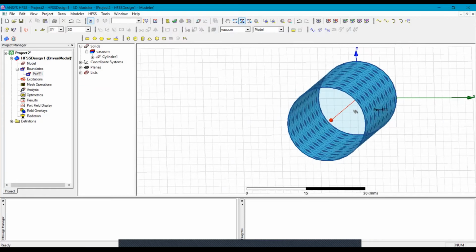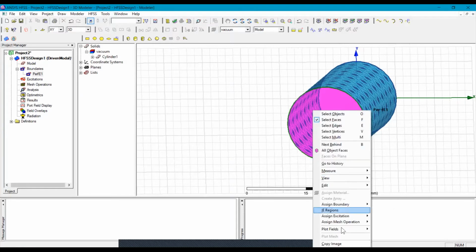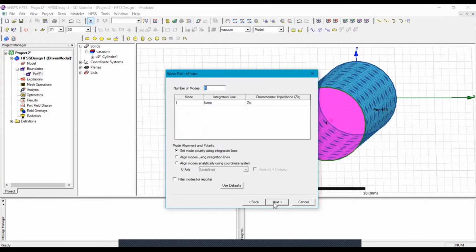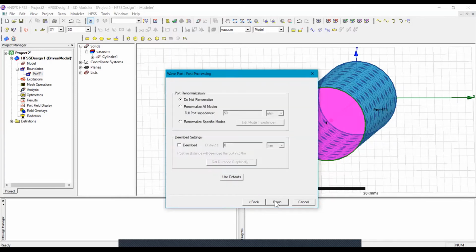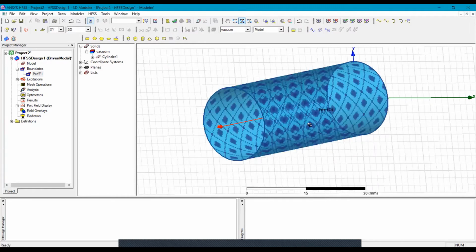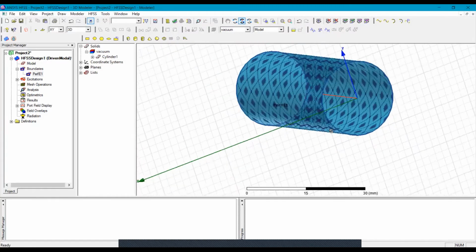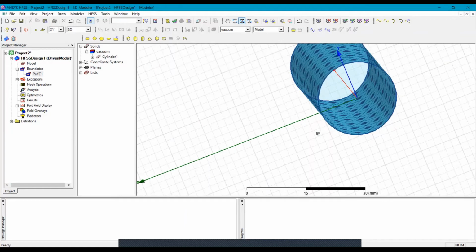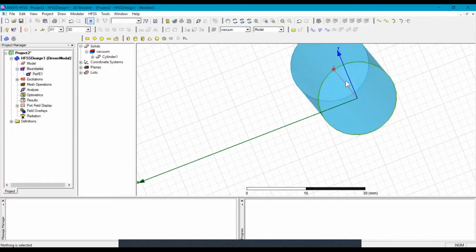Now we will assign the excitation. So again I am selecting this surface and I am assigning the excitation, and in this excitation I will choose wave port. This is port 1. Next I will choose 7 modes, then next finish, and similarly I will assign the excitation to the opposite surface.